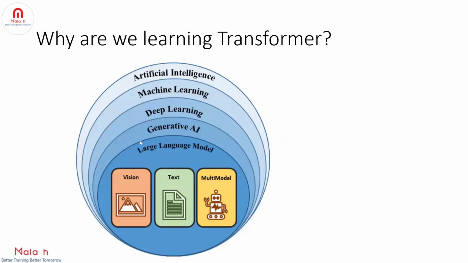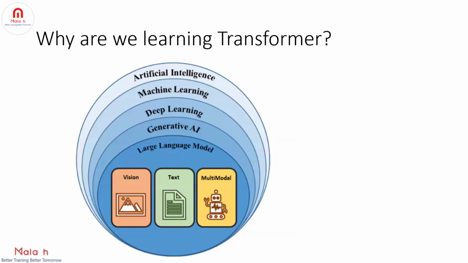And the objective of generative models is to generate something, as the name suggests. We use generative models mostly on unstructured data. The model can generate either text or image, or a multimodal combination. The main algorithms inside these generative models are VAE, that is variational autoencoder, the second one is GAN, that is generative adversarial network, and the third one is transformer, right? Those are the architectures behind these large language models.